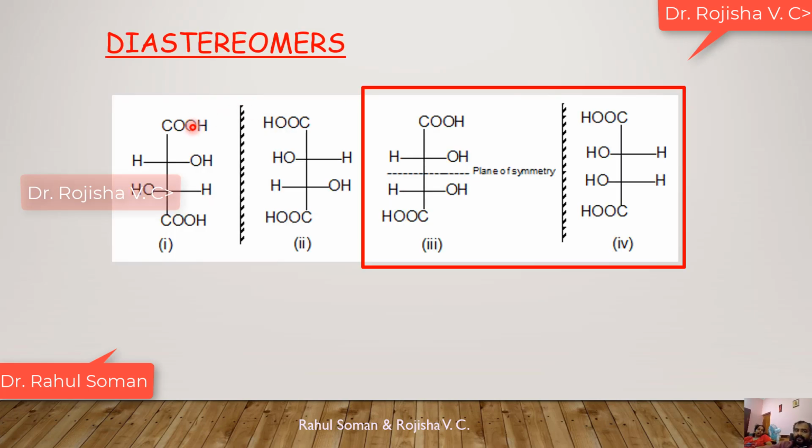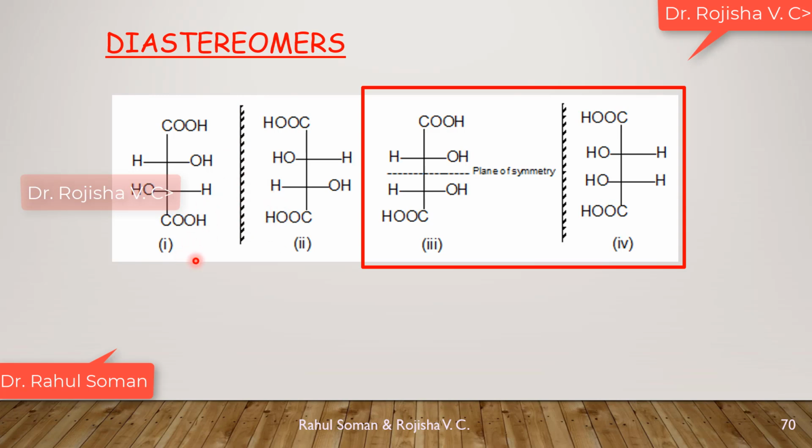In case of tartaric acid, there are two asymmetric centers present here, isn't it, madam? There is first carbon, second carbon, third carbon, fourth carbon. Four carbon atoms are there, where at the second and third carbon there is an asymmetric center. Yes. If we consider the mirror image, then tartaric acid can exhibit its enantiomers also.